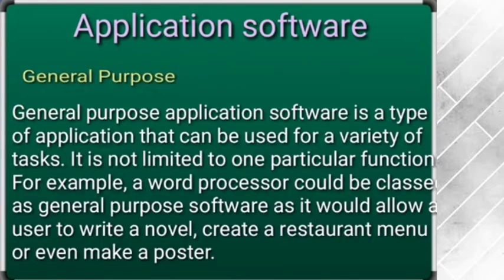Now the next part of the software is application software. It is further categorized into two types, general purpose and special purpose. General purpose software is software which helps you to do a variety of applications, or different kinds of tasks can be performed using these kinds of software, like a word processor, or you can say PowerPoint or Excel, which are helpful for designing. Word is helpful for creating a document, or you can say writing a novel. With the help of presentation software, you can design a presentation, or in Excel you can do some kind of general work such as calculation. So these all are categorized under general purpose application software.